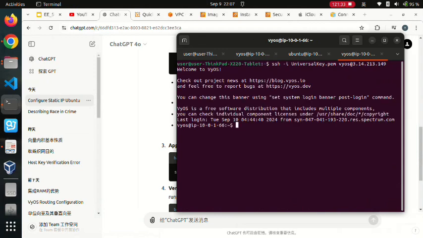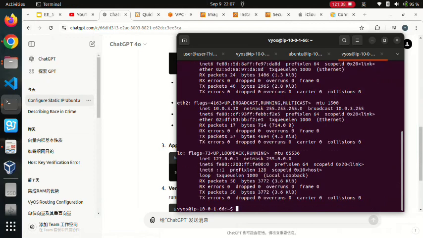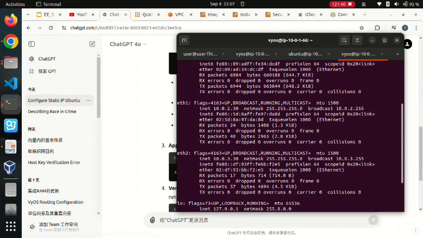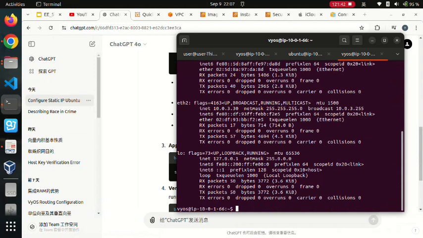Okay, and then we can try to see the ifconfig. It is the VivaOS ifconfig, and we can use SSH to log in to the server. Universal key and Ubuntu at